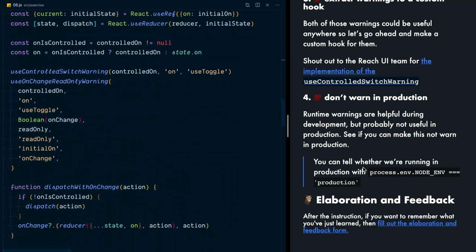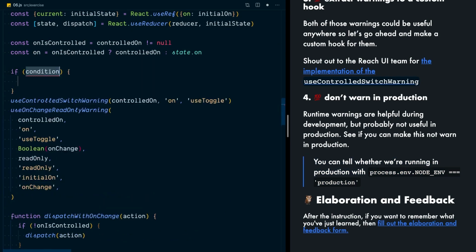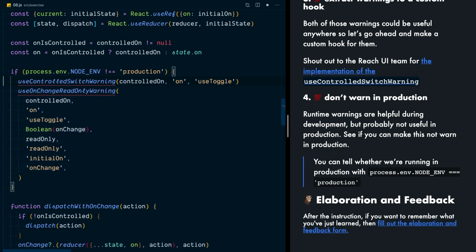So what we're going to do is we can determine whether or not we're building for production from the process.env.NODE_ENV variable. So I'm going to say if process.env.NODE_ENV is the string production, then we know we're in production. If it's not production, then we know that we can warn. So I'm going to move both of these in here, and we'll deal with this red underline, which is basically